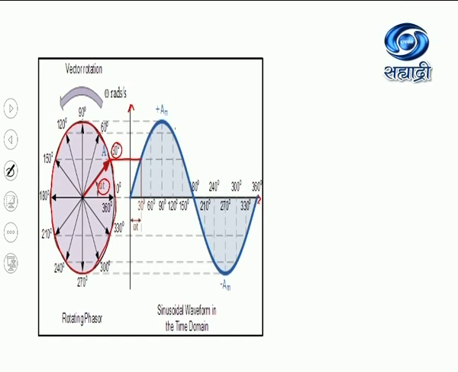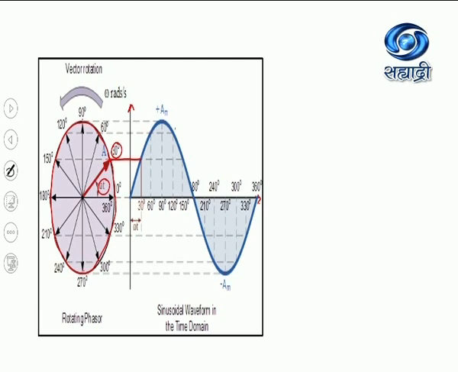When the phase is 90 degrees, there is a maximum value of the quantity, whether it is current or EMF. When it completes 180 degrees, meaning half a rotation, the value will be 0. When it completes 270 degrees, the third quarter cycle, the amplitude will be maximum, meaning current or EMF will be maximum, but on the reverse side. And when it comes back to its initial position, when the phase is 360 degrees, that is 2 pi, it comes back to 0 value.